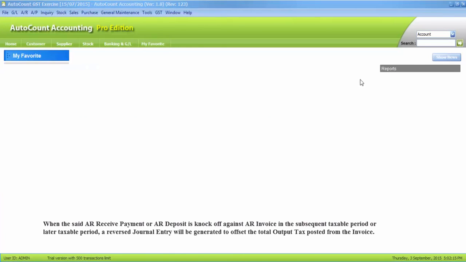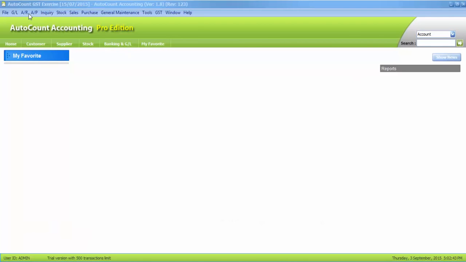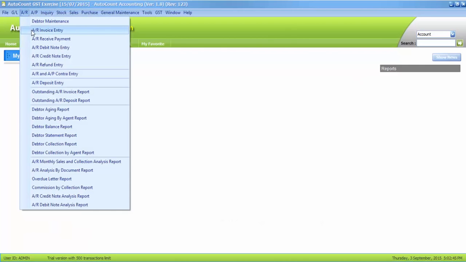When the said AR received payment or AR deposit is knocked off against AR invoice in the subsequent taxable period or later taxable period, a reverse journal entry will be generated to offset the total output tax posted from the invoice. In order to explain this, I will create a new AR invoice entry for standard customer and knock off the AR received payment which dated on 22nd of August against this invoice. Kindly go to AR invoice entry,